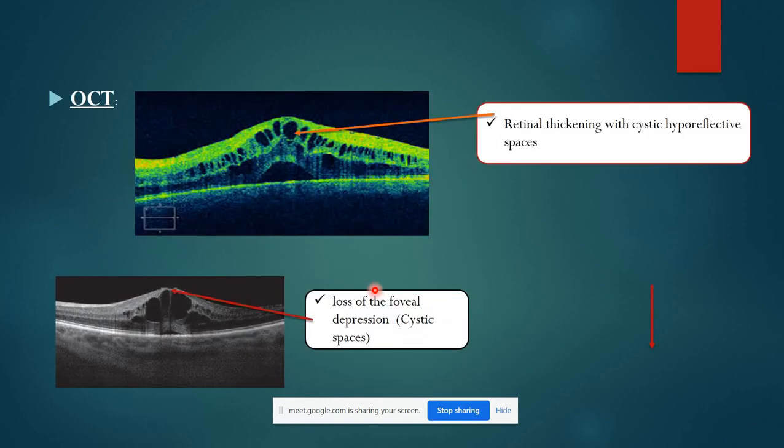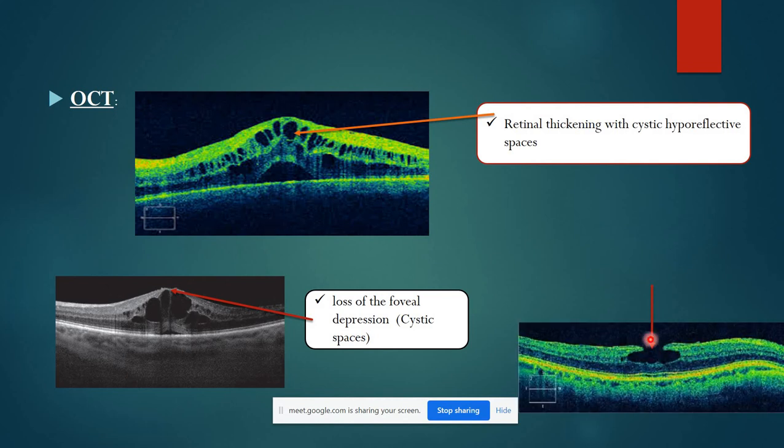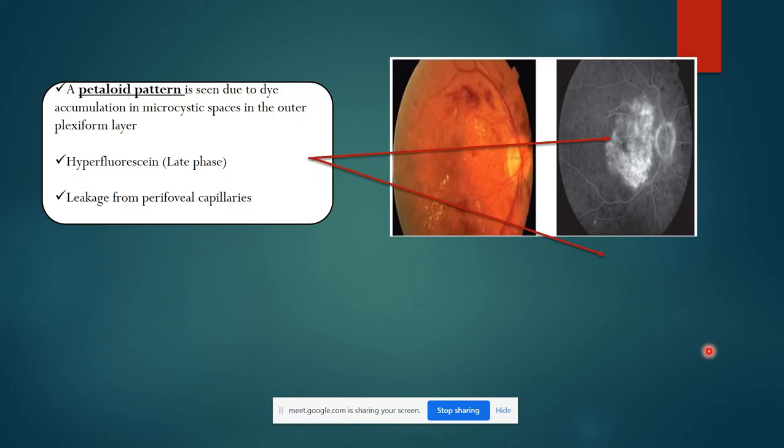Okay, so again this is an OCT image where retinal thickening is found with cystic hyperreflective spots. Okay, so here when you see both the images, there is a loss of foveal contour. Okay, so here there is a lamellar hole. Okay, so as we had discussed before, this is how a petaloid form is, which means there is a petal-like formation, so